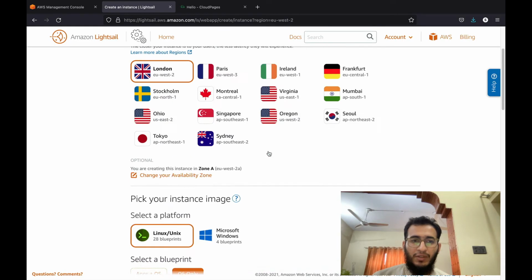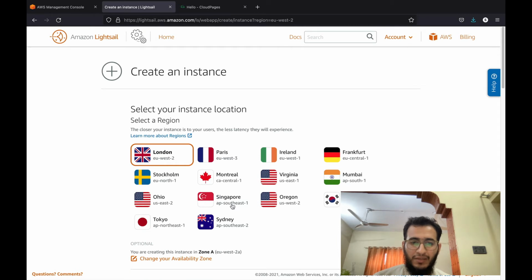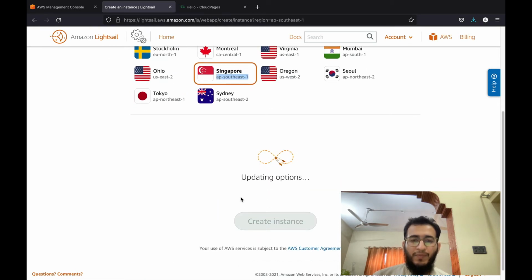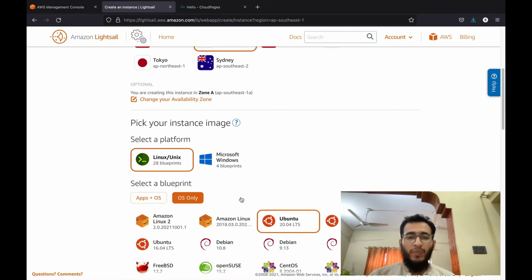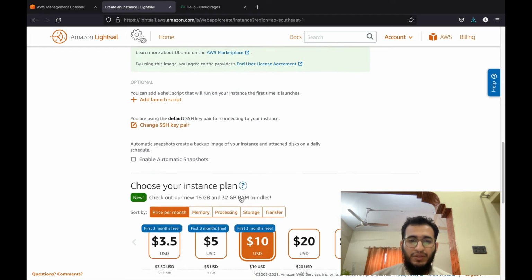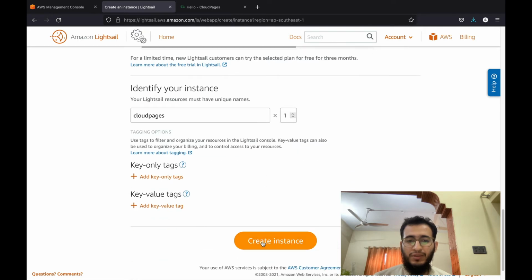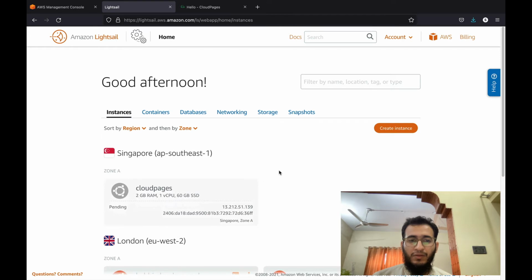Oh, I have reached the limit. I will select some other region like Singapore. Okay. Singapore OS is same, plan is same. Okay, let's create instance. Alright, so the instance is getting created,